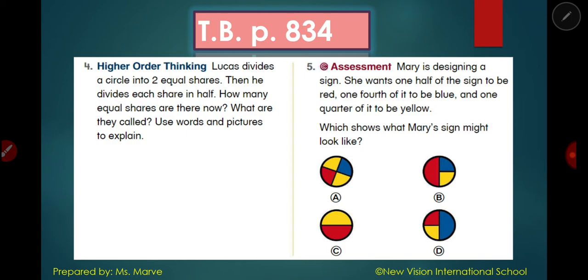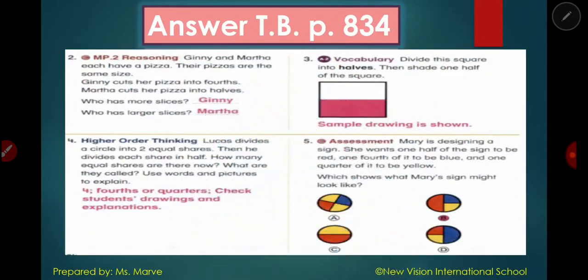Very good. Number 5. Mary is designing a sign. She wants 1/2 of the sign to be red, 1/4 of it to be blue, and 1/4 of it to be yellow. Which shows what Mary's sign might look like? Is it A? Is it B? Is it C? And is it D? Okay, so let's check your answer. From number 2, 3, 4, until 5, you can just pause the video and write your answers properly on your book,